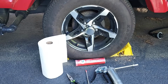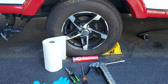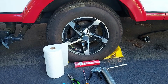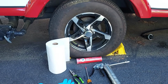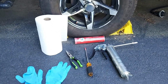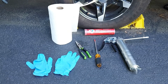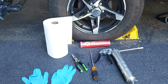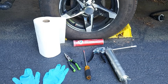This wheel bearing here on the driver's side has already been done, and I decided to do that to get the lessons learned as I went through it. So the next bearing on the other side, I'll show you how to do the bearing grease. What you need here is some gloves, though I prefer not to actually use them. You're going to need some paper towels, and a tube of grease, needle nose pliers, a screwdriver,